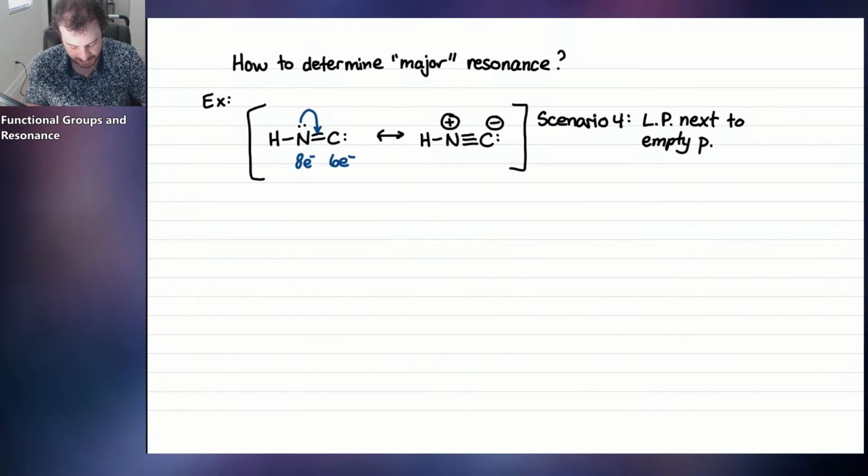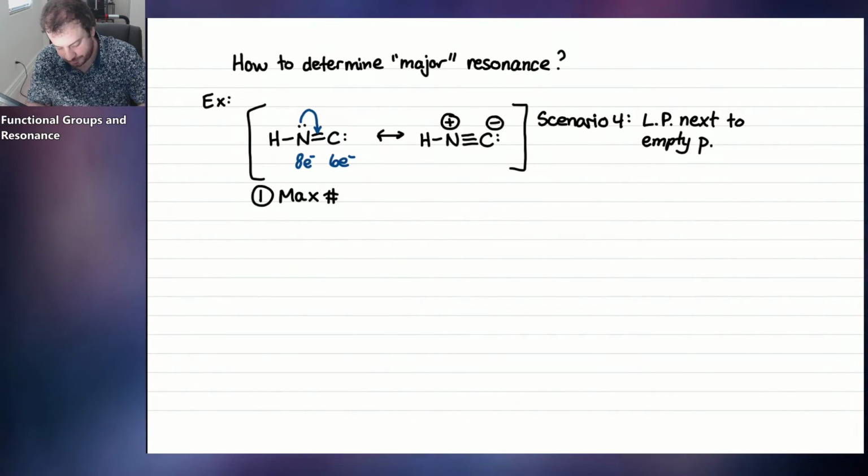Is this resonance structure on the left really good? Or is this structure on the right really good? And so to figure that out, we need to look at the most important rule for determining the major resonance structures, and that is rule number 1. Rule number 1 must be obeyed above all else. So if there's a way to obey rule number 1, this is always going to tell you who the major resonance structure is. And rule number 1 says max number of atoms have an octet.